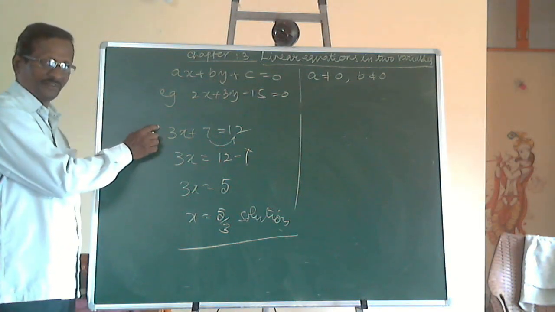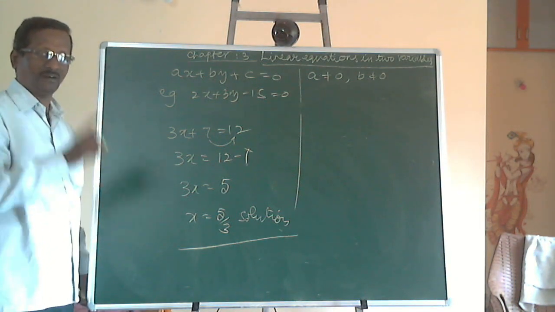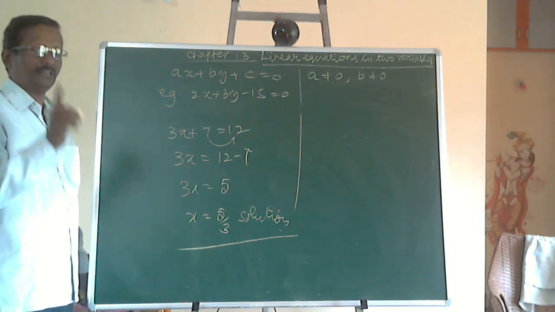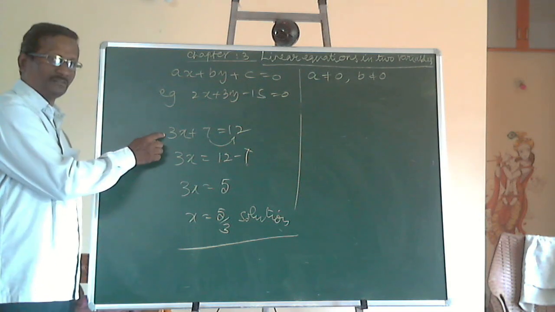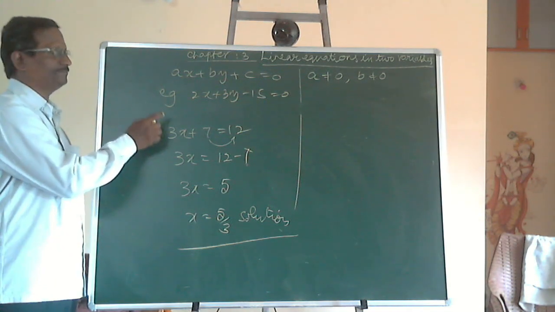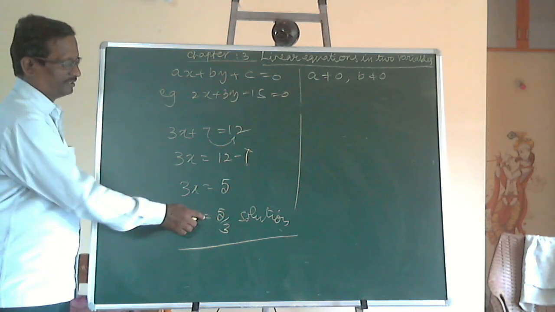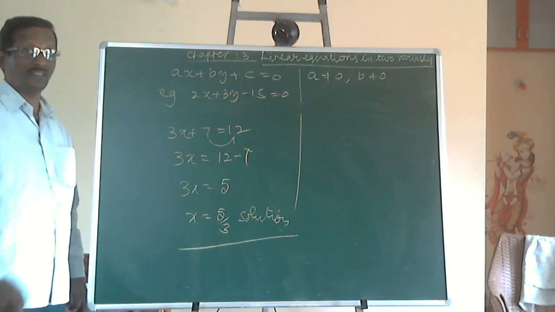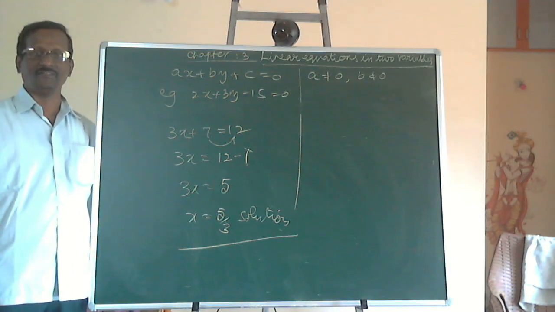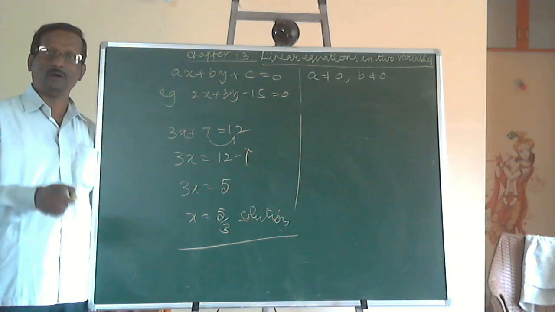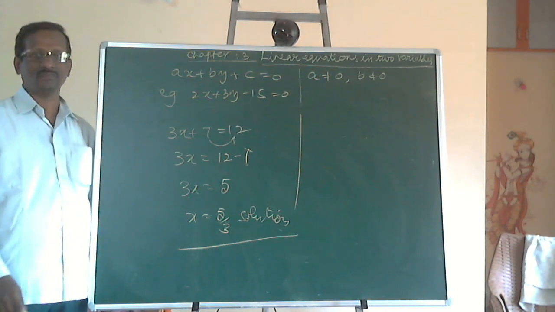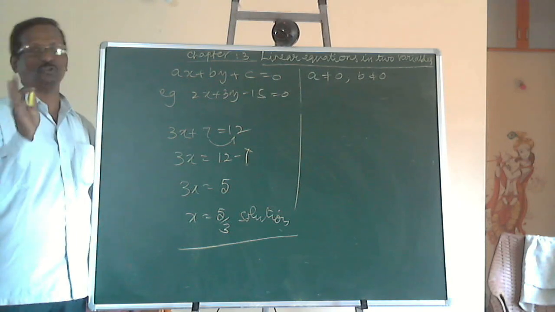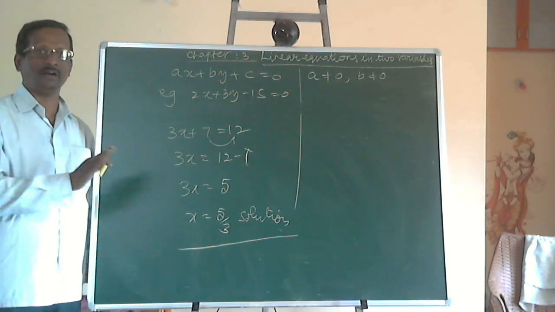Linear equation in one variable. Linear means always degree 1. The number of variables here is 1 and here it is 2. So it is called a linear equation in one variable. It's an example. When we solve this, we will get a solution. Please remember, for a linear equation in one variable, we will always have a unique solution. There is no equation without a solution. Always we will have one solution.